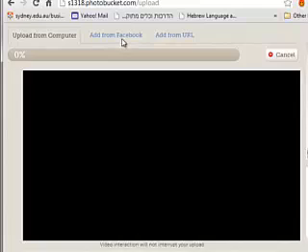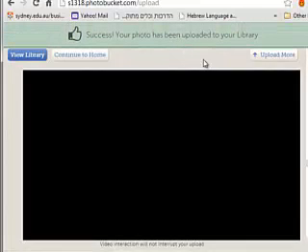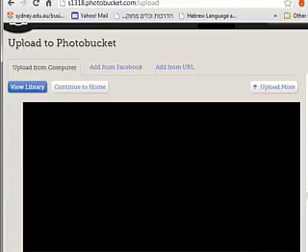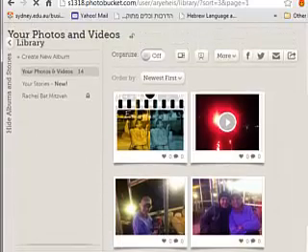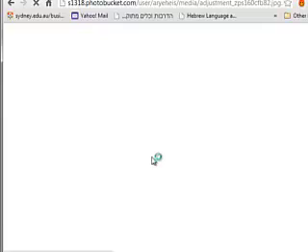I can add photos from Facebook. I can add photos from a specific URL. Success, my photo has been uploaded, and now my photo is available to share with everybody else. So I'm going to press the View Library button, and you can see some of the other things I have uploaded in here, but let's say we'll pick this one. I'm going to click it,